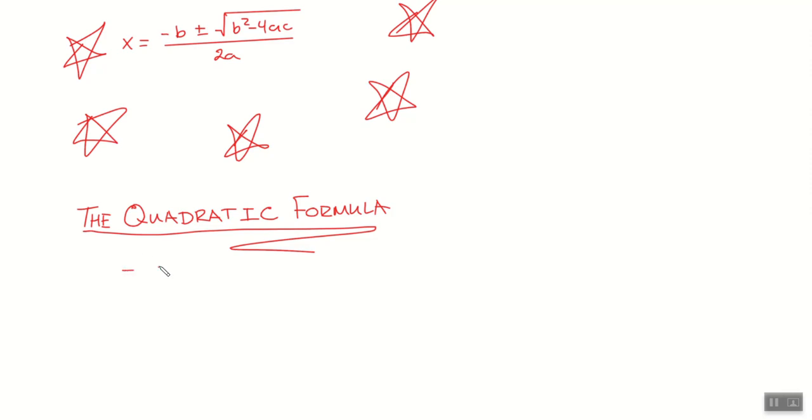Given a function, f of x, and it could be y, if you give me any quadratic in this form, ax squared plus bx plus c, which is pretty standard form to be given for a quadratic, the roots, the zeros, solutions, x-intercepts of f of x